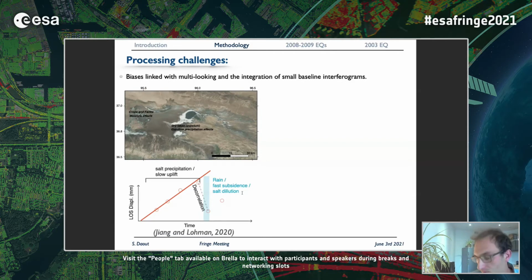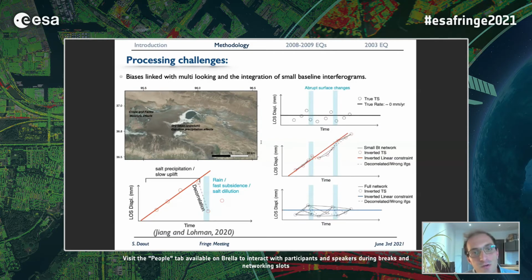And so therefore, if we have a seasonal model like this one in time with abrupt change during raining events, and if we only include small baseline interferograms in our network, there is a chance to create a bias in our time series analysis. While if we also include those long baseline interferograms between drying events, then we can mitigate those effects. The second